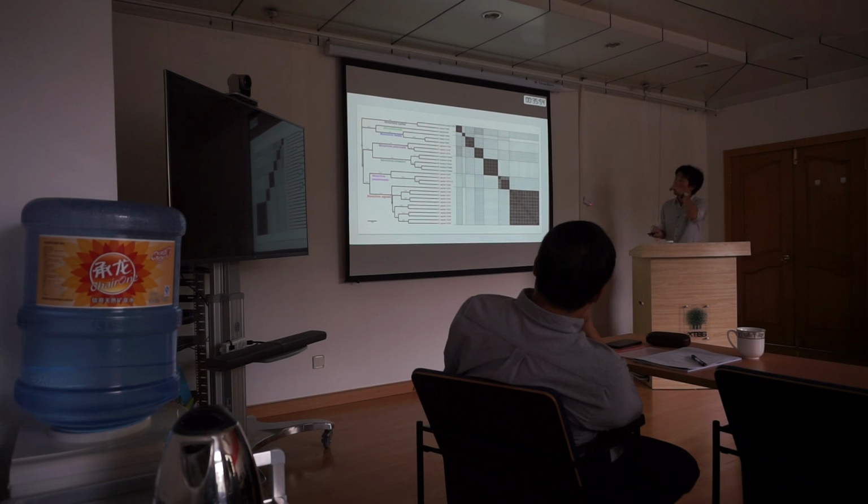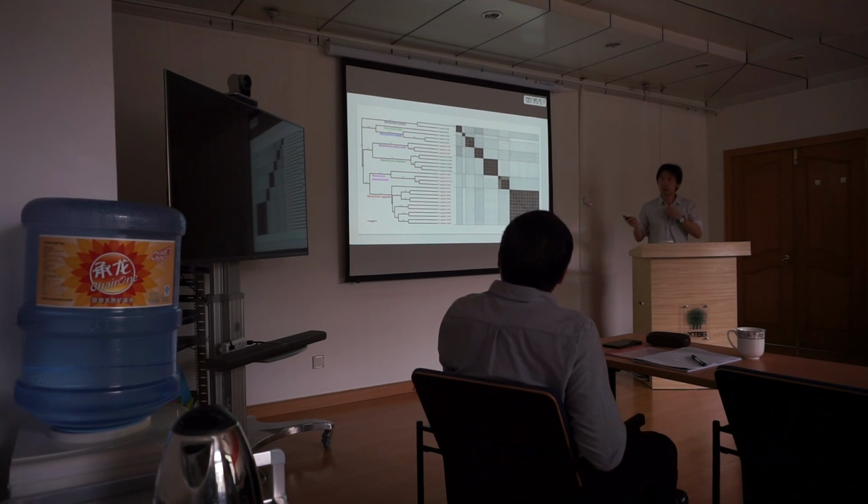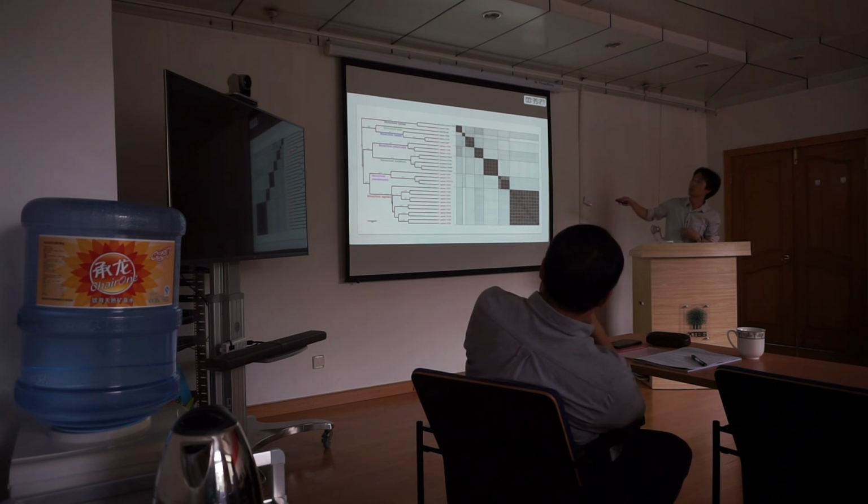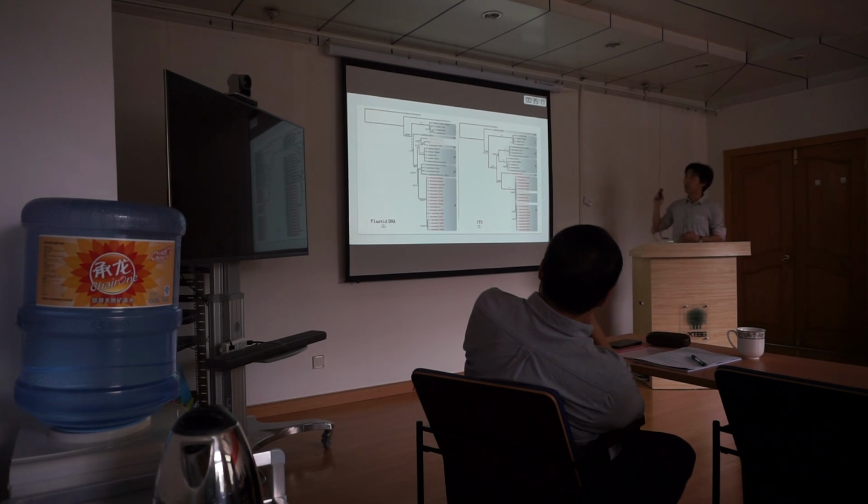So let's see. And this one is the species delimitation analysis. What you see is an objective assessment of the species boundary among species. So the best scenario is to discern 7 species. So I named the 7 species, including 2 new species. These used to be part of the widespread species, colored in red. But now I split this widespread species into 3 species, including 2 new species. And here's the updated result.